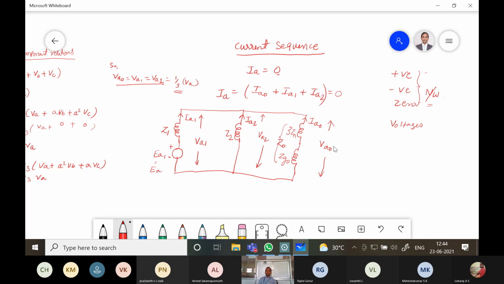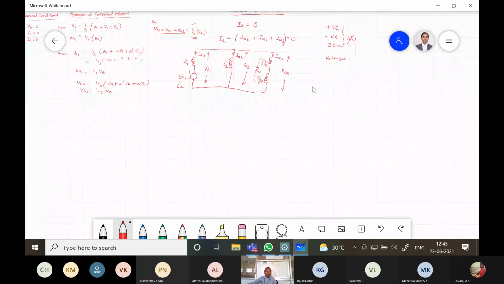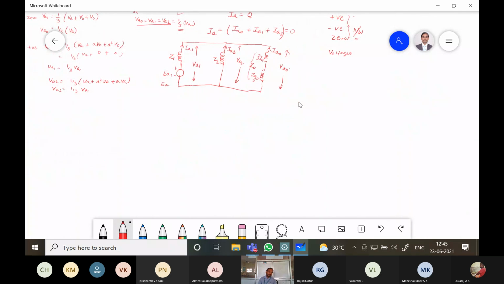So in a parallel circuit, all the voltages are equal, VA1, VA2 and VA0, right? That is equal to 1 by 3 times VA. Okay, and the summation of IA0, IA1 and IA2 total is 0. Okay, so from this circuit we will write the sequence quantities. So we have observed VA1 is equal to VA2 is equal to VA0, that is equal to,